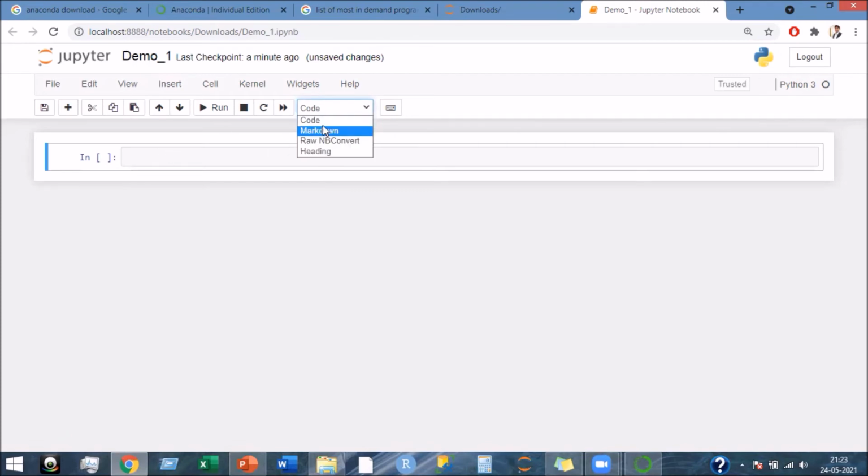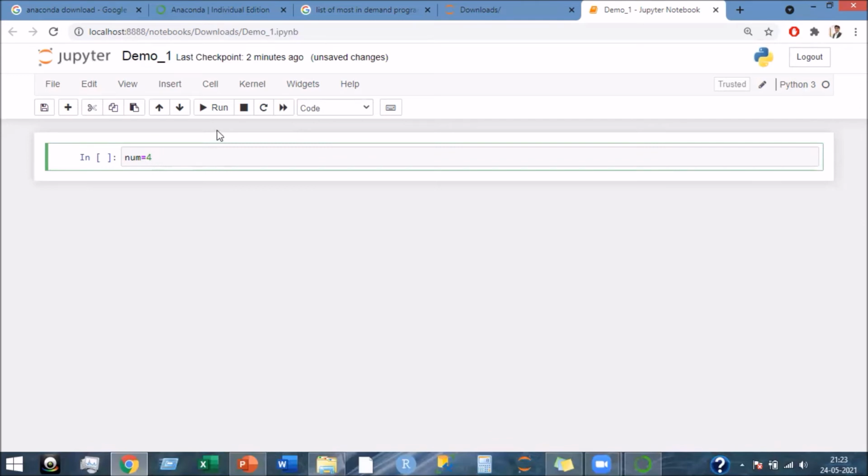I'll keep it in code for now, and I'll create a variable called num equal to, I'll assign the number 4. I have typed a simple code where I'm assigning the number 4 to the variable num.